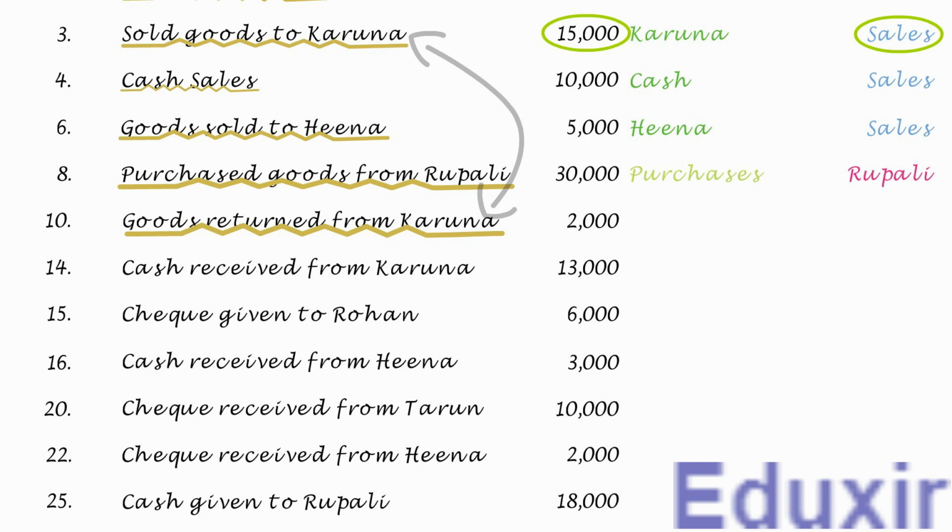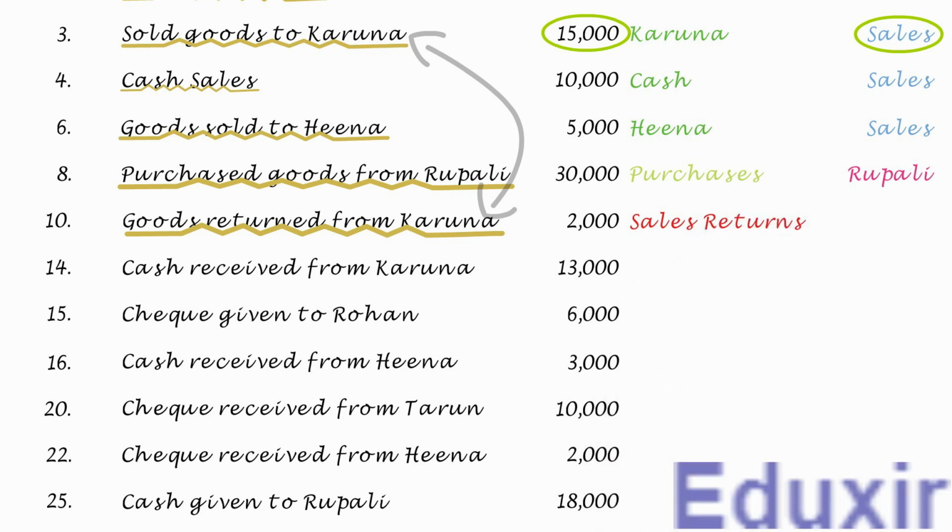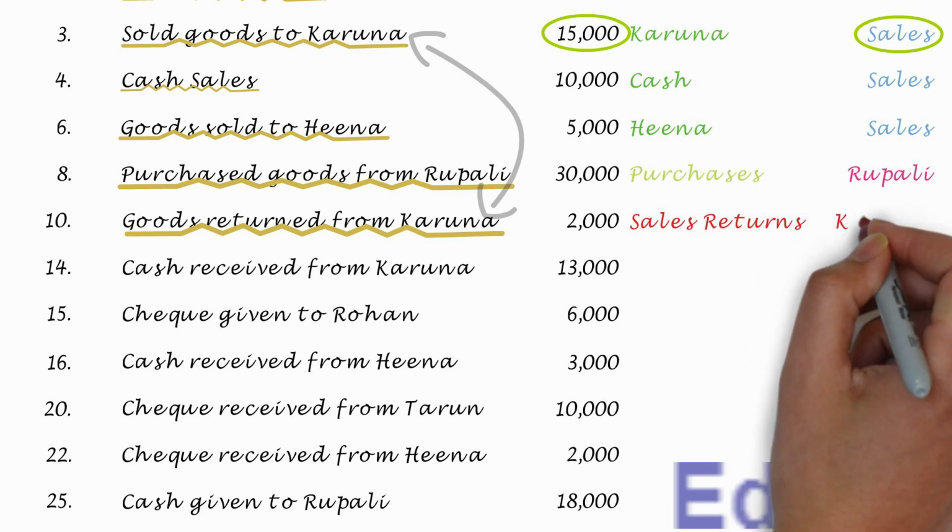As the sold goods are returned, the business revenue will be decreasing. The rule to record any decrease in the revenue is to debit the corresponding revenues account. So, in this case, the sales returns account should be debited, not the sales account. At the same time, as the goods are returned by the debtor Karuna, the amount owed by the debtor to the business will be decreasing. In other words, the amount to be received by the business from the debtor will be decreasing. This implies that the debtor asset of the business will be decreasing. The rule to record any decrease in the asset is to credit the corresponding assets account. In this case, the debtor Karuna account should be credited.